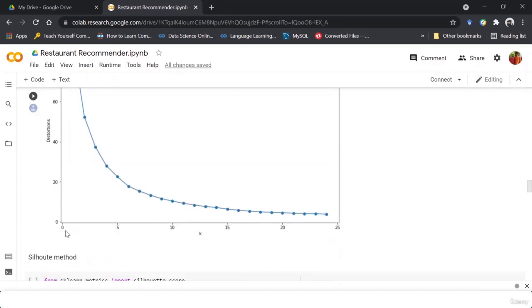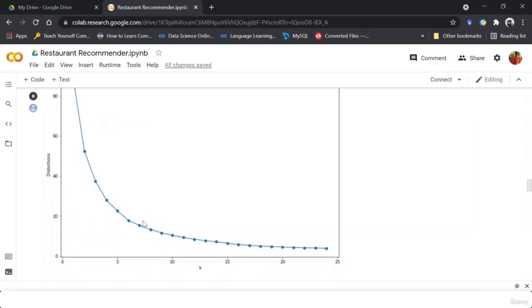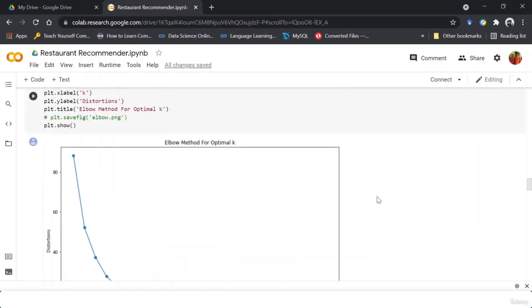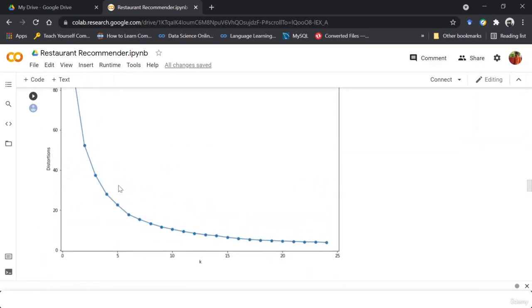You can see that for values of 0, 5, 10 defined for k, a graph is made that is decreasing, and then from somewhere here, you can see that the decrease is now linear. In the elbow method, we just have to find the point where the decrease in the value of distortion becomes linear. Okay, now you might be thinking what distortion or inertia is.